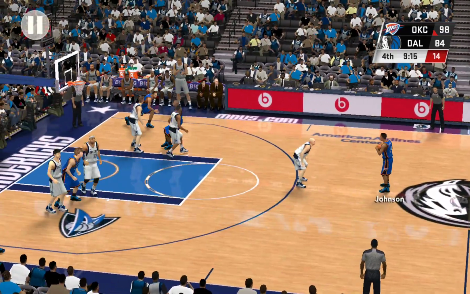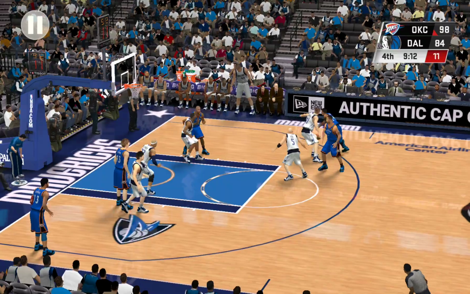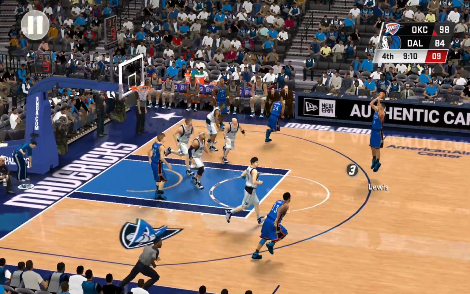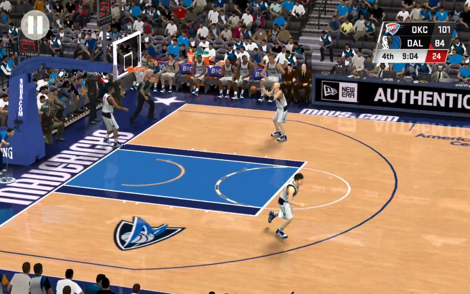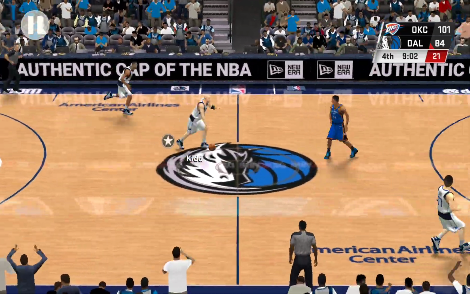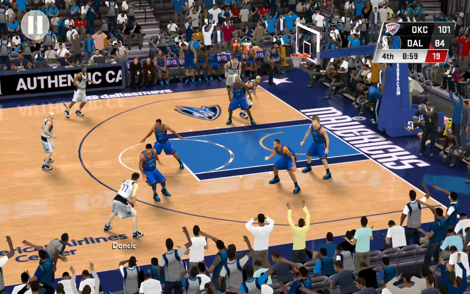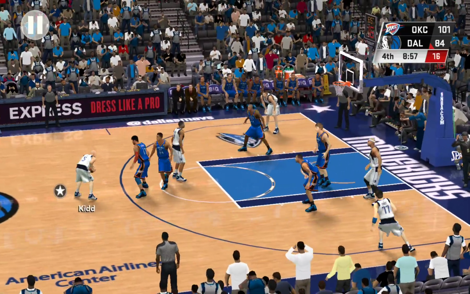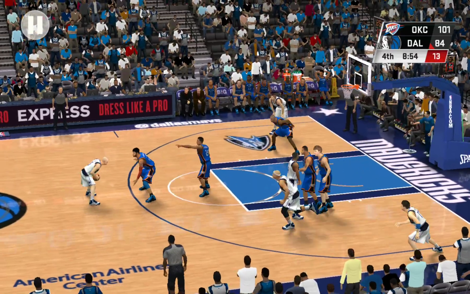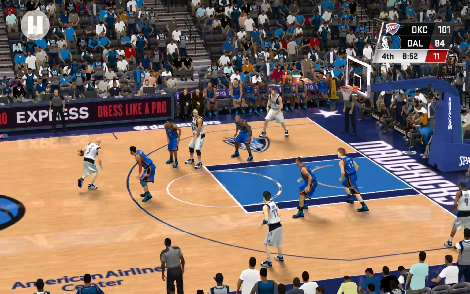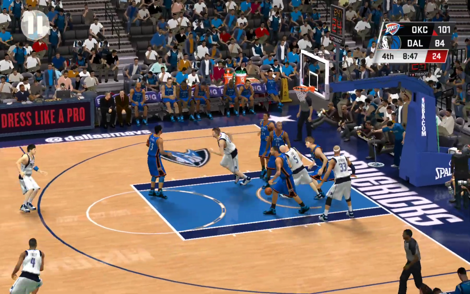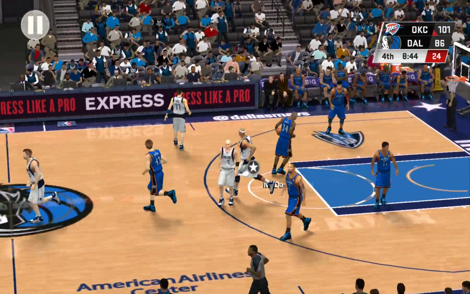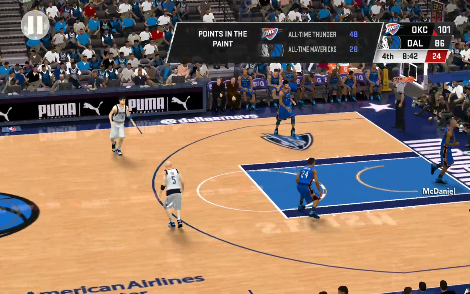Now here's Johnson. There's a good screen. And here is Lewis. And he's good on the 3-ball. Great opportunity right there. He's got such tremendous length. He can just rise up and get separation for the 3. Kidd with it. That's good. That makes it 10 of their last 12 points coming from inside the painted area.